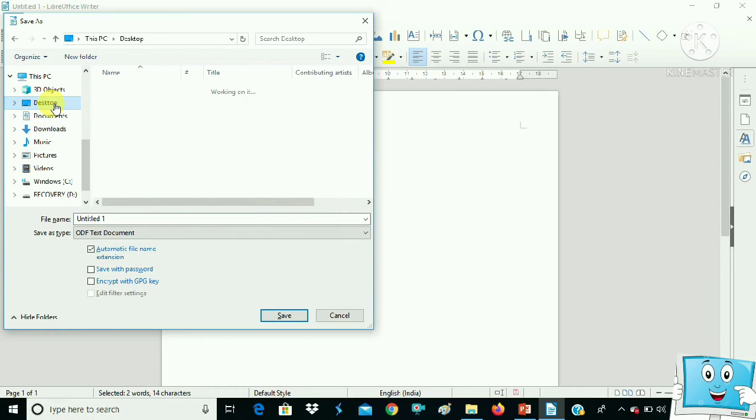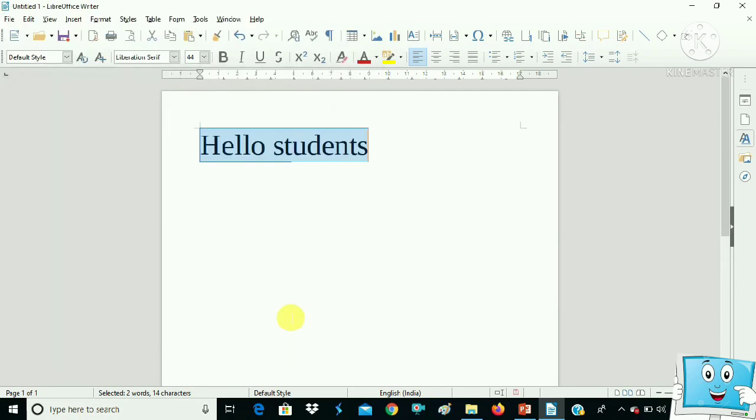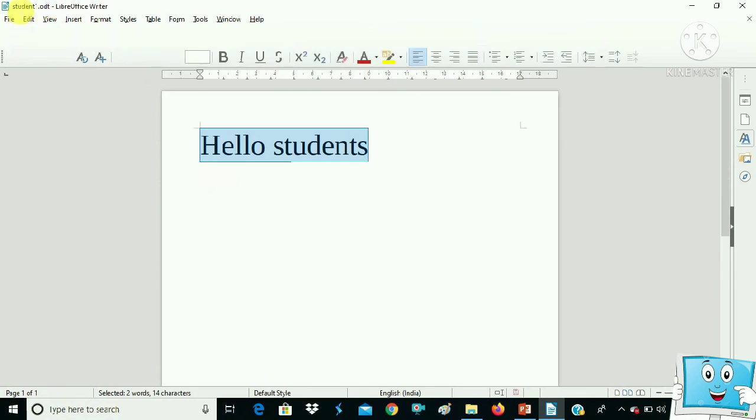So now I am going to store it on the desktop, and I have to specify the file name. I am giving the file name as student1. The file type is ODF text document, and I click on the save button. The file is saved on the desktop. It takes some time to save.